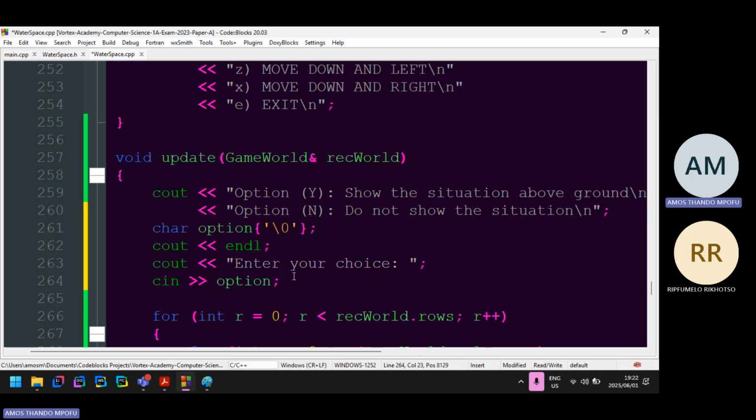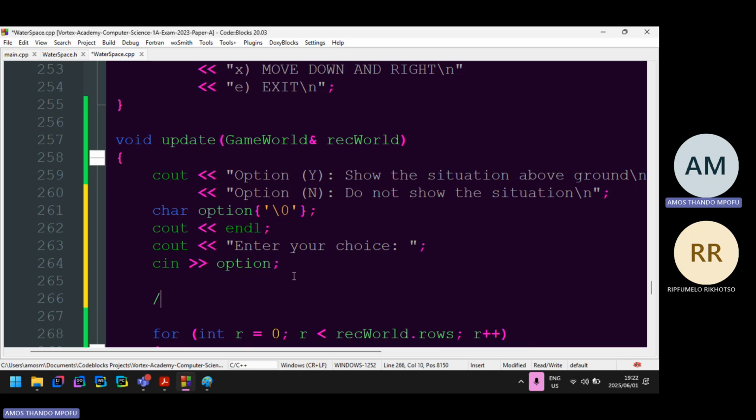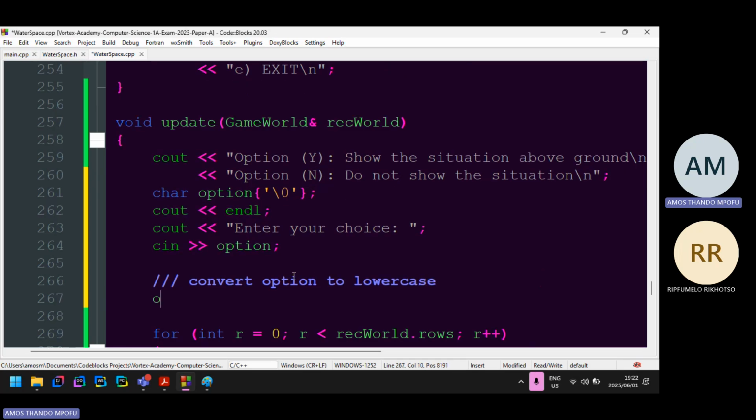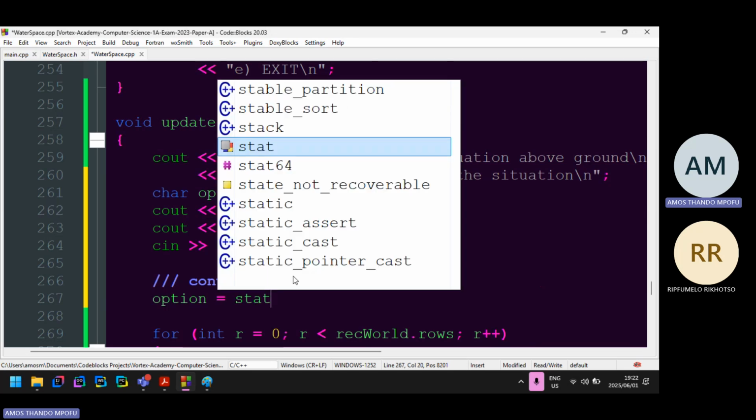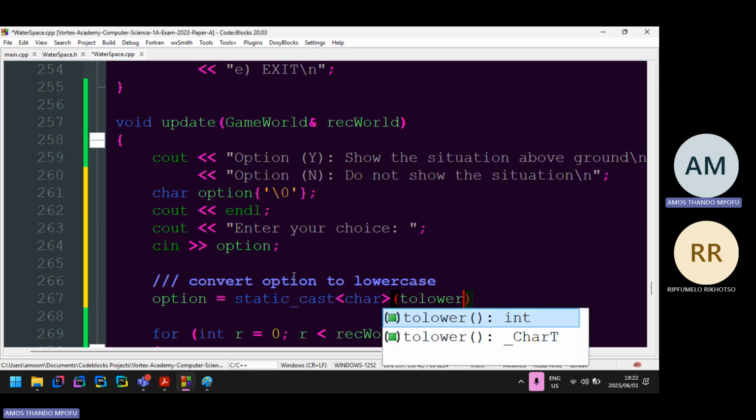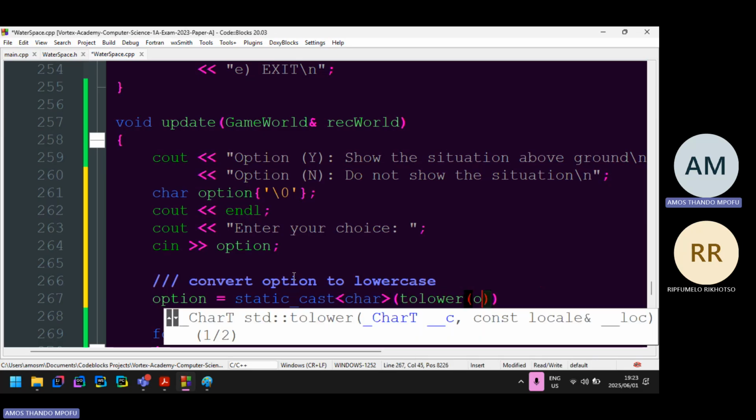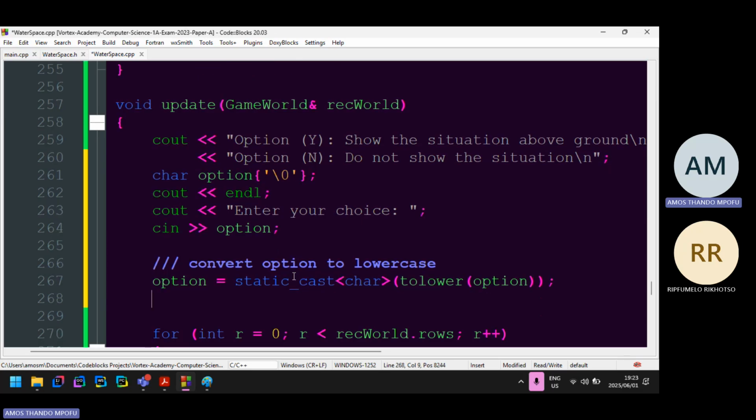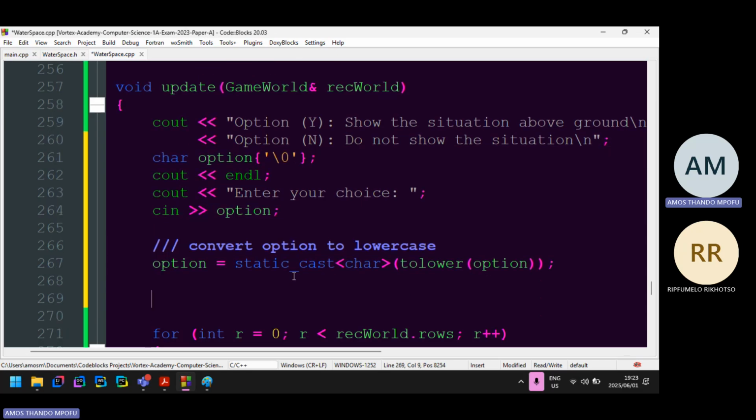Then we can cast char option to a lowercase, right? So convert option to lowercase or uppercase, whatever works for you. So option, but remember I need to cast it back. So static cast to a char and to lower function, passing in option, right? Then once we've done this, we can use a switch statement, right,